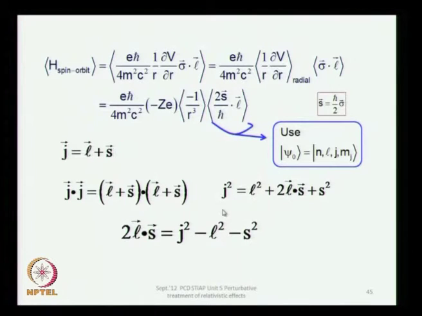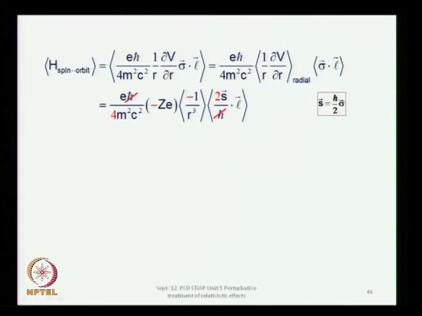So, what you need is the average value of s dot L, which is effectively the average value of 1/2 of j square minus L square minus s square. But j square, L square, s square will give you the corresponding eigenvalues. So, the eigenvalue of j square is h cross square j into j plus 1, the eigenvalue of L square is L into L plus 1, and here the h cross cancels, these two minus signs take care of each other. You have a 2 here, there is a 4 here, so that will give you